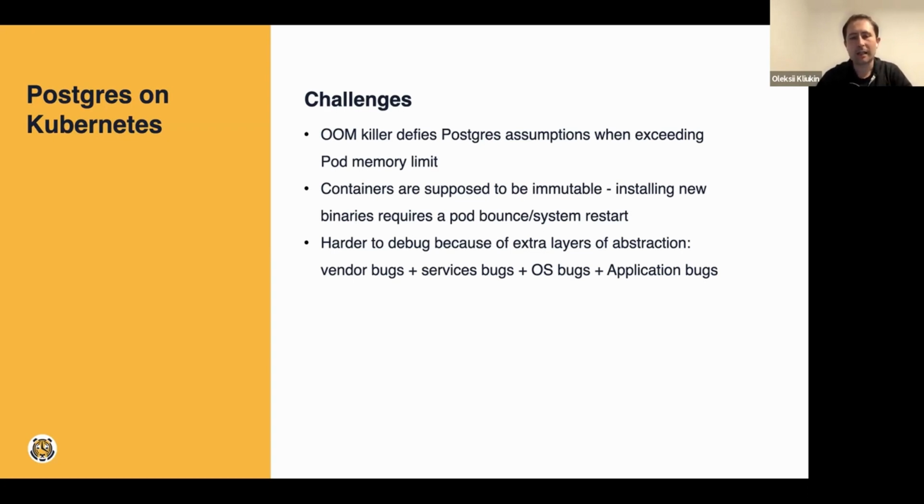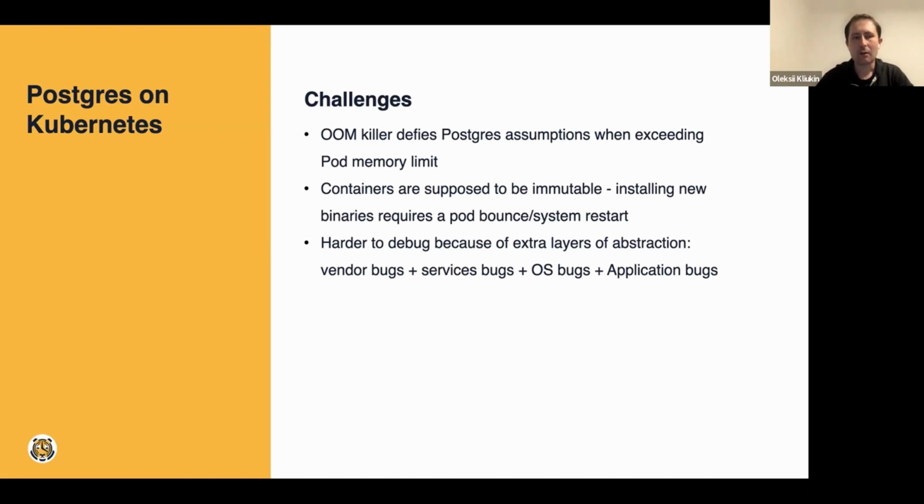Also, containers in Kubernetes are designed to be immutable, which means that if you want to replace your software inside the container, like upgrading to a new minor version or installing a new extension, you have to replace the whole container. And that typically bounces the pod. And this is an equivalent of restarting your server. Instead of restarting your Postgres, you have to restart the whole server, and that takes additional time and introduces some